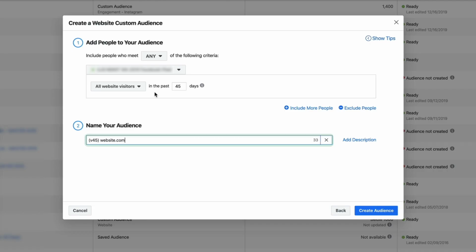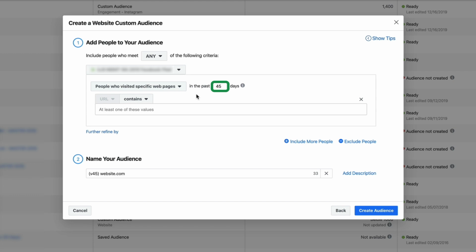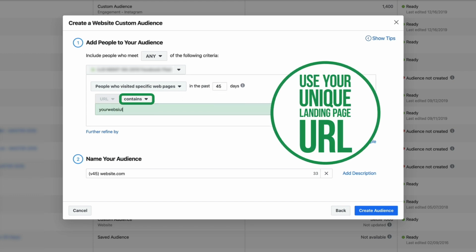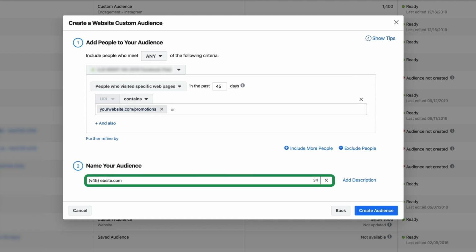So what you do is go into the drop-down menu here, and click on people who have visited specific web pages in the last 45 days. You want to go contains yourwebsite.com/promotions. And then of course you'd rename the audience, whatever the URL is. The other really cool thing about the day range limit inside of website custom audiences is that it is